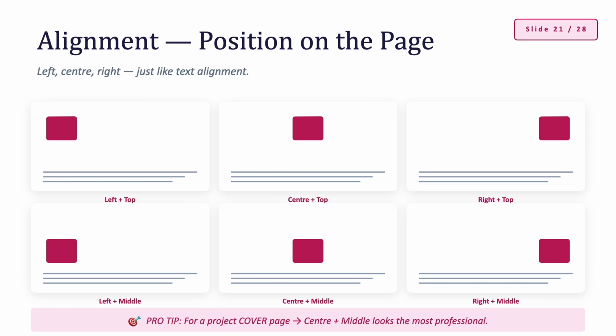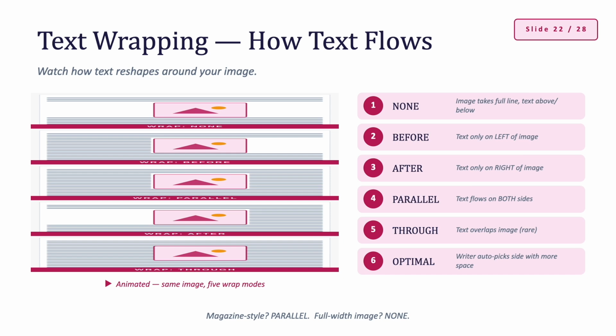Alignment, exact positioning. Alignment is the easiest thing to get. It helps you position your image horizontally, either left, center, or right, and vertically, either top, middle, or bottom. Use it to make sure your image is exactly where you want it on the page. A pro tip for a cover page: center it horizontally and place it in the middle vertically for a professional look. For body text, align it to the left or right and use text wrap to create the magazine article style that impresses teachers.